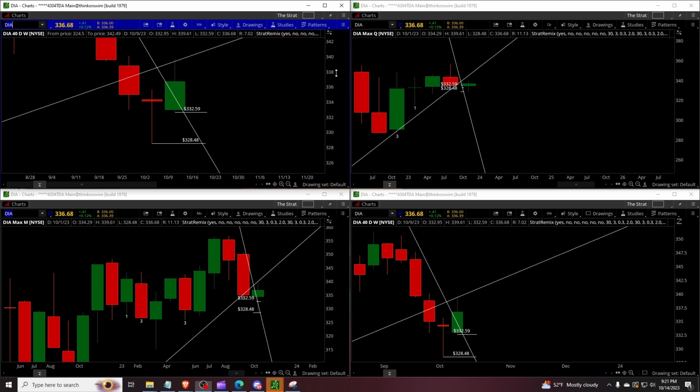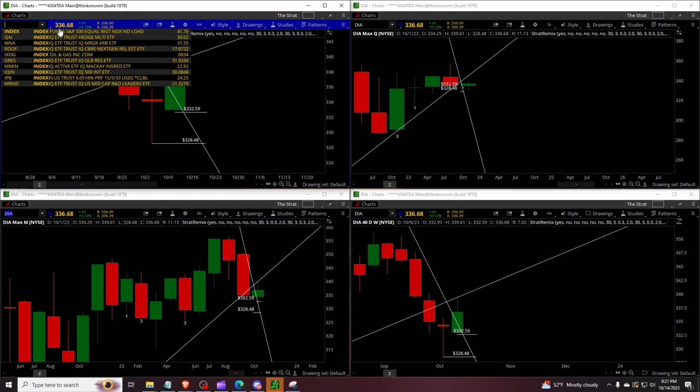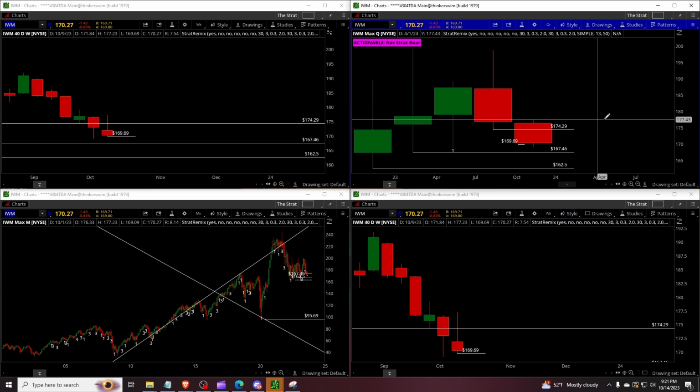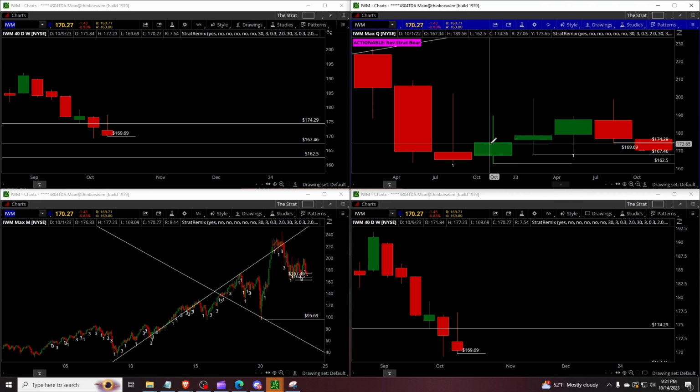So I said we wouldn't do charts, but I want to give you guys a couple because we've been talking about the RevStrat stuff on the indexes. We'll keep talking about it. So index, we'll go to IWM. This is the weakest one. And we know that because the RevStrat quarter has gone in force. So we are countering that known equilibrium. Anyone that bought up there, they're being forced to sell with stops here and here. So we're looking for that